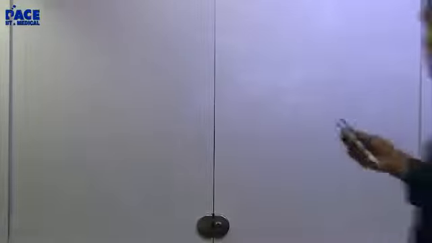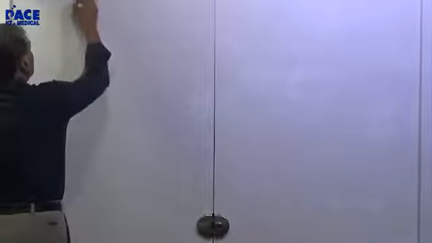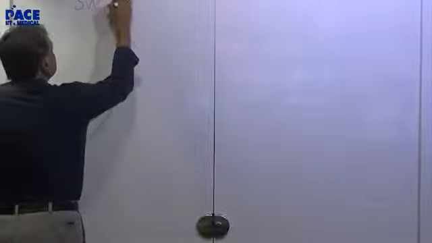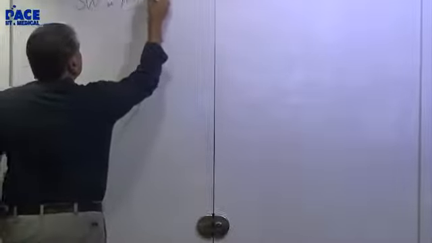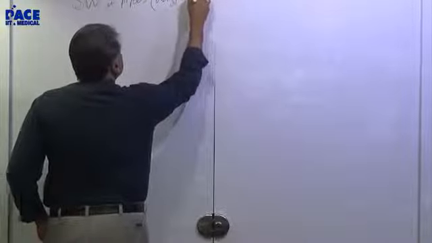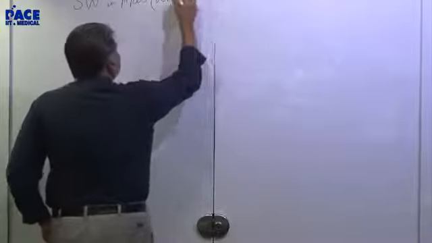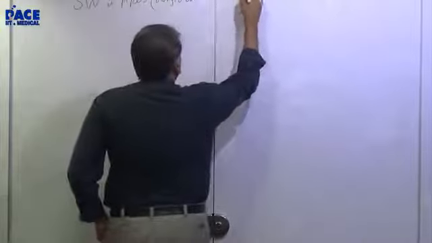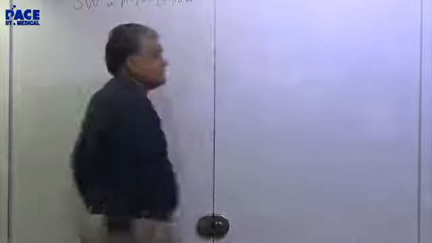Last time we had completed the stationary wave in strings, right? So we move on to stationary waves in pipes. Stationary waves in pipes, basically what we mean is we're talking about longitudinal stationary waves. So how are they different? Well, not much difference. The equations are the same except for how they are formed.